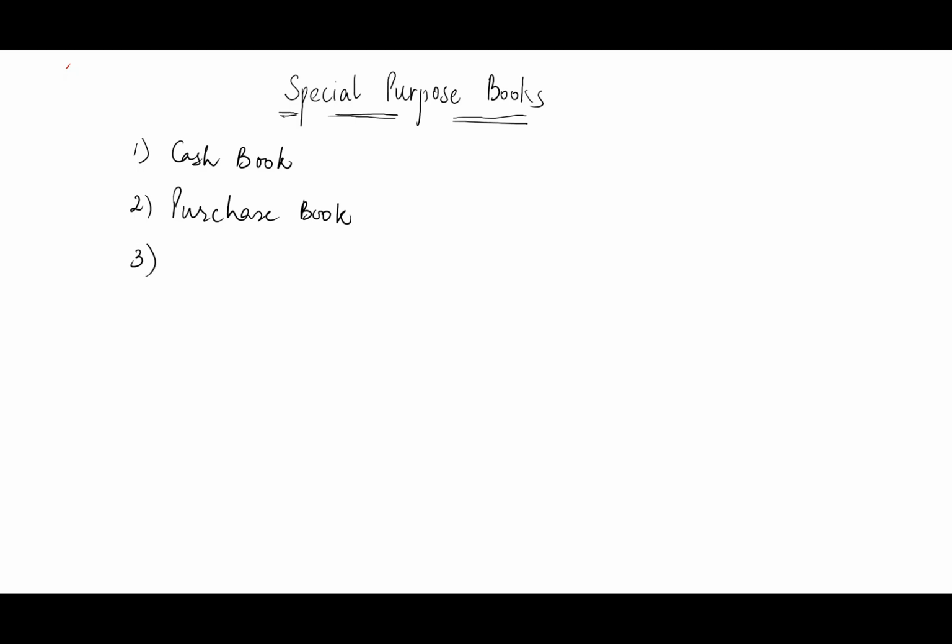The purpose of all this is, first, the transactions are recorded in these from the voucher or the bill invoice, and then it is posted to journal and then ledger. So these are journal books. Okay, these are special purpose books. Then we have purchase book. Then we have